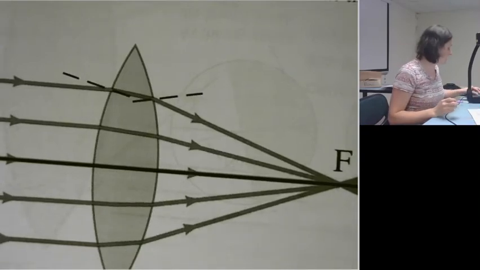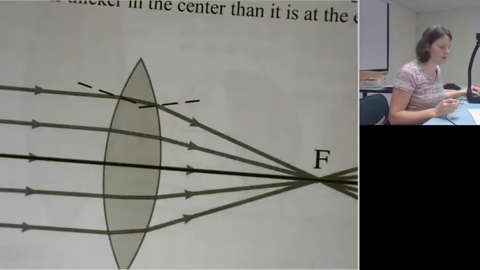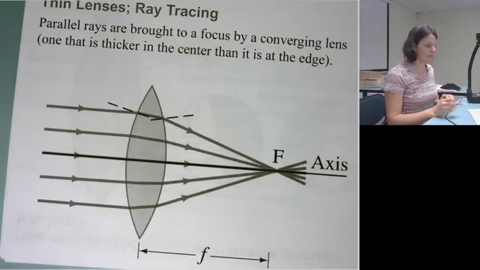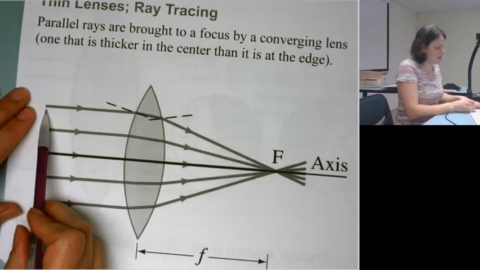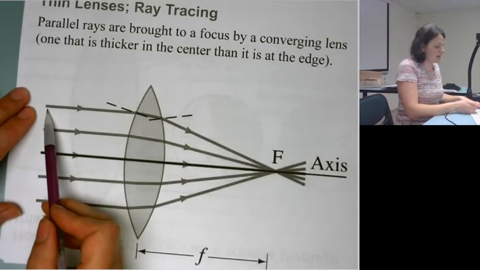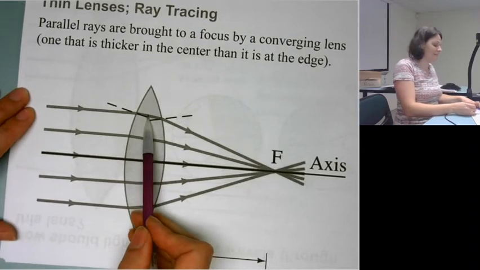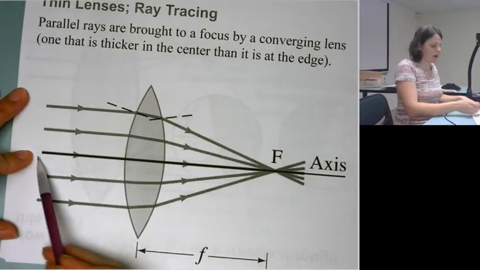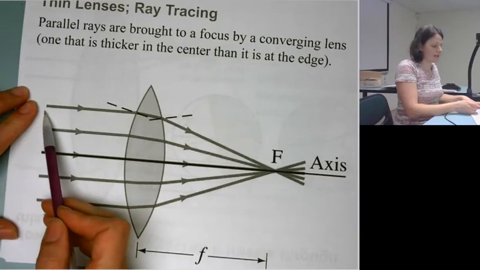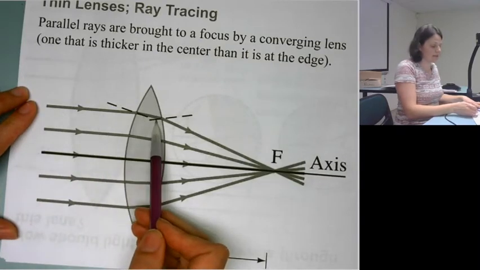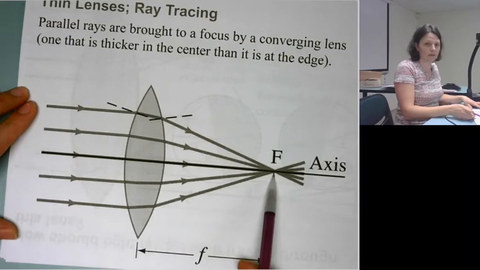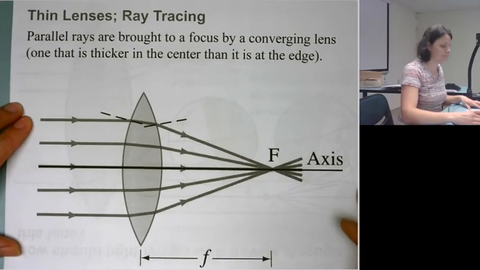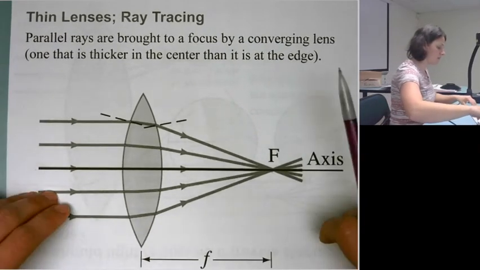So this is exactly analogous to what we did for the mirror, except now for the mirror we had light pass through here and then it was reflected back and out through a focal point over on this side. For a lens, the light passes through the lens and it bends and it goes into the focal point. Okay, so